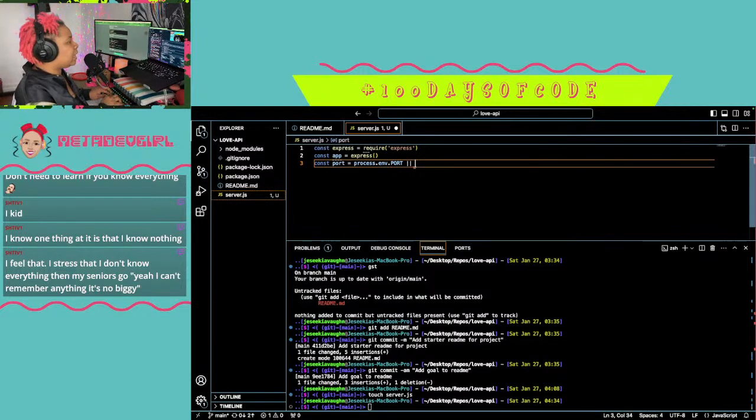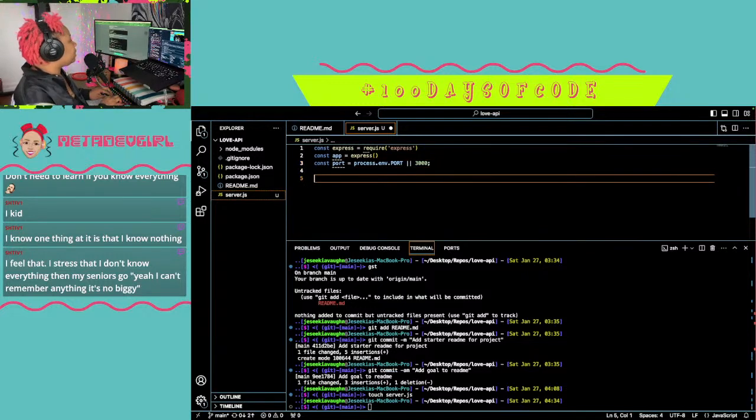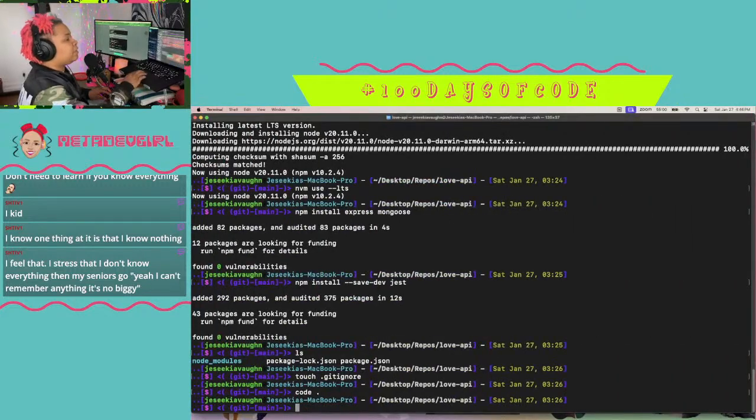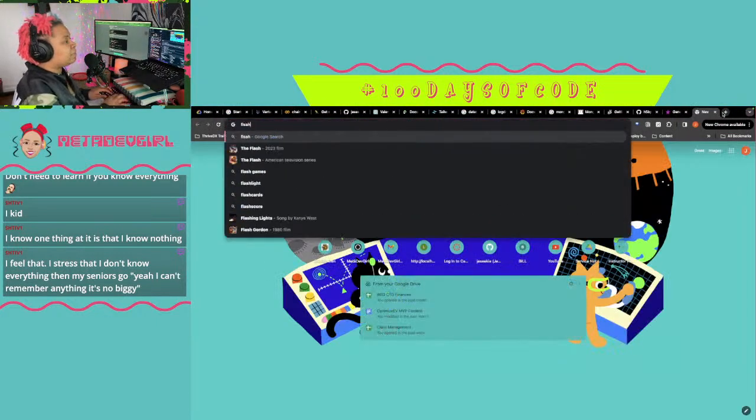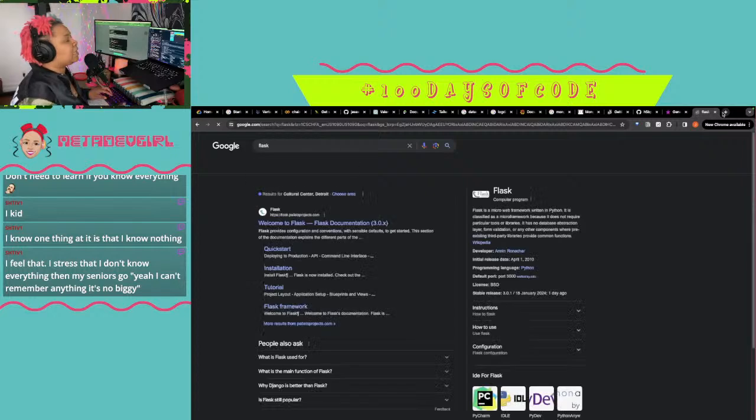That's okay. I remember what all this stuff does, though. I know what the point of it is. I know how to troubleshoot if I skip a part in the process. If I said I wanted to set up a server in Flask right now instead of Node, I bet I could show you exactly how to do it. I don't know it off the top of my head, but it's the same concept.